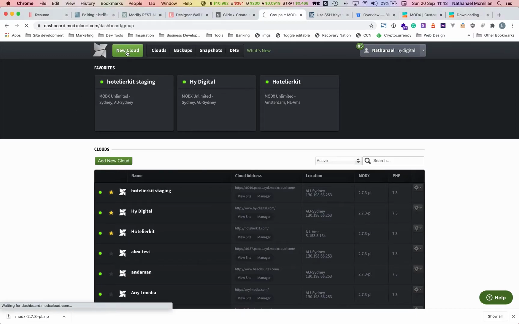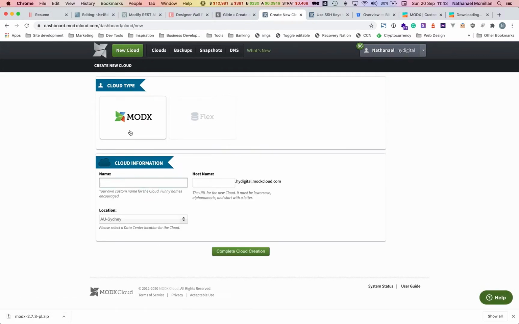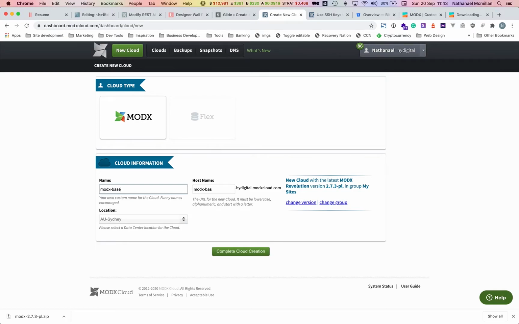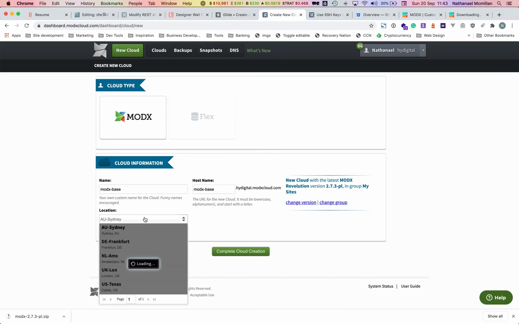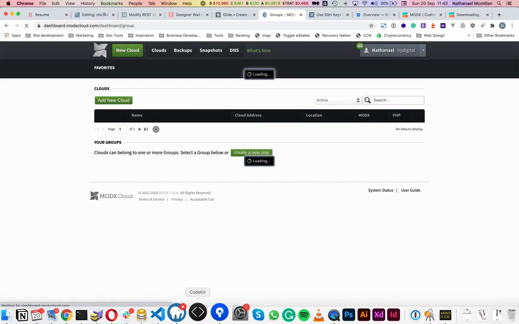So first thing I'm going to do is create a new cloud, and for this I'm going to call it MODX base. To make my life easier, I'm going to add it to London. Okay. Now, what we need to do is open up